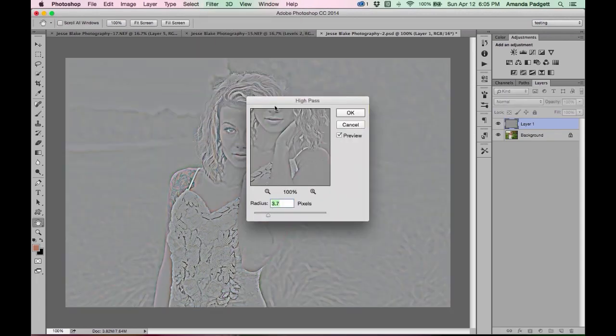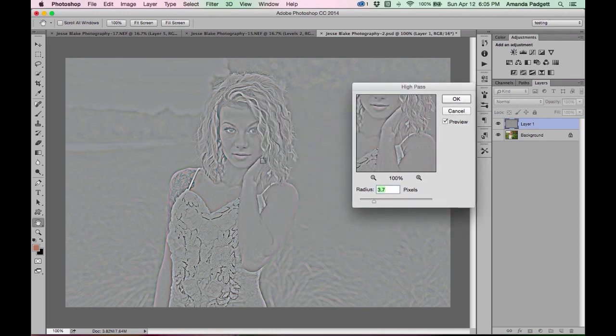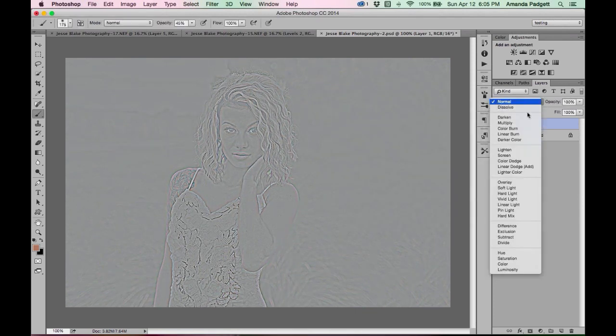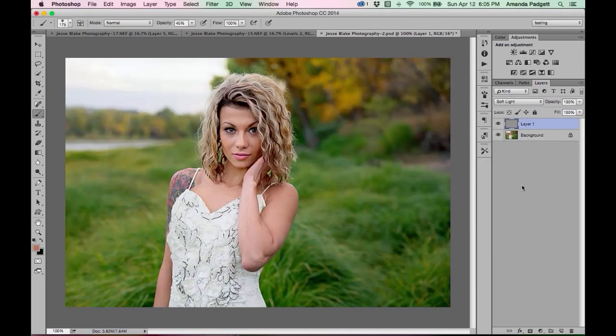But now, this is too much. When you start to see color through the filter, you've gone too far. So web sharpening, anywhere from 1 to 2. Change it to soft light. The steps are in your notes. Now, this is too much. Can y'all tell this is too much? Her hair is a little crunchy, her face is a little too